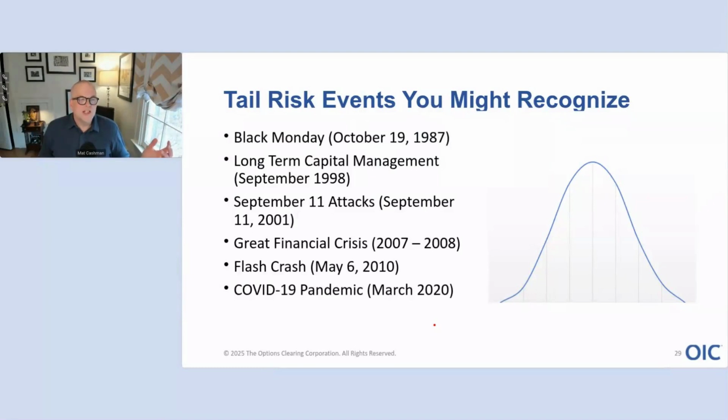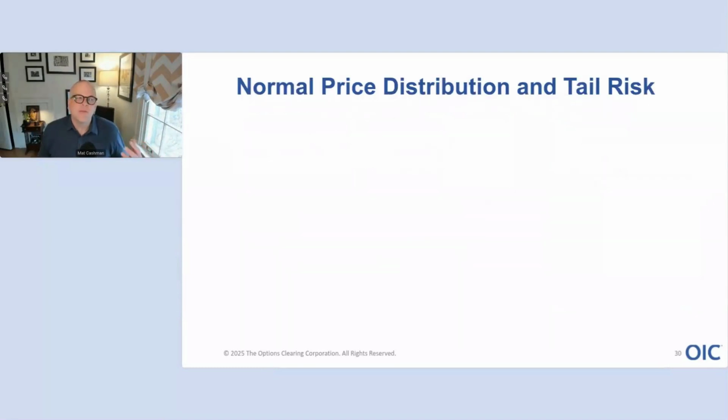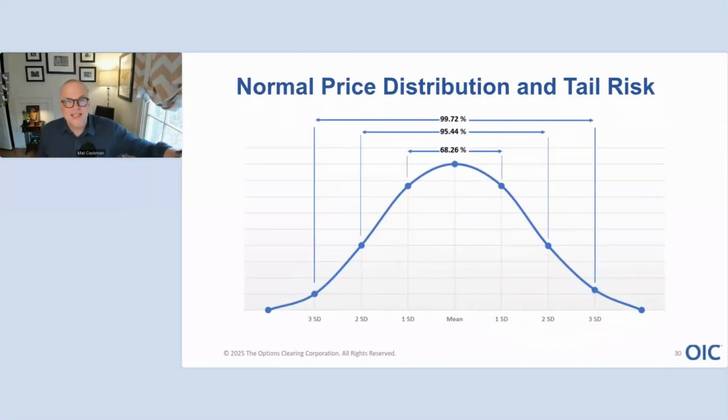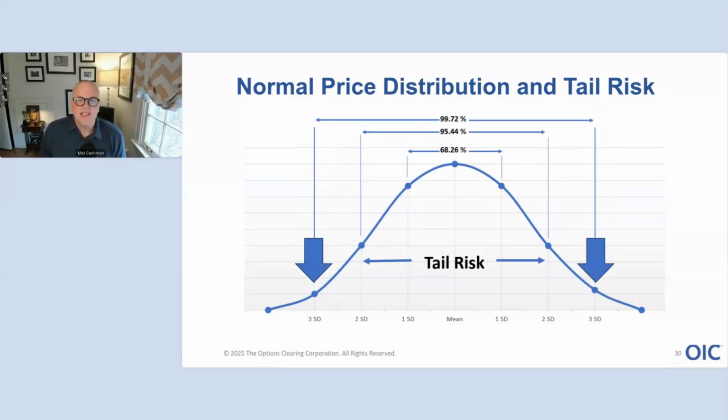So what do tail risks look like when you think about them from a normal price distribution? You recognize this from the beginning. 68% of the time we're within 1 standard deviation. 95% of the time we're within 2 standard deviations. 99.72% of the time we're within 3 standard deviations. And guess what? Tail risk is outside of those 3 standard deviation coverage. That's really what we're talking about when we're